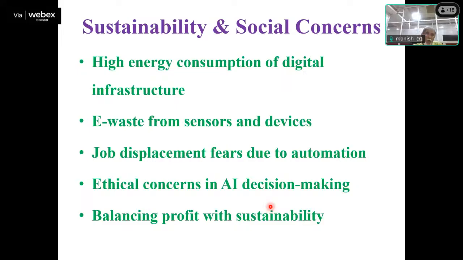You will see that your computer gets heated. That is because it is consuming more energy and it will create damage to the computer hardware or the processing unit. So it is important that the energy consumption of the digital infrastructure has to be minimized,